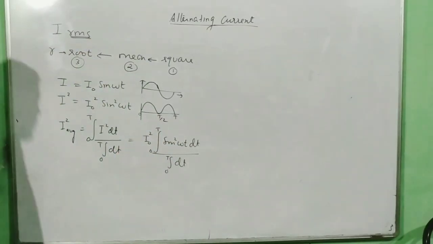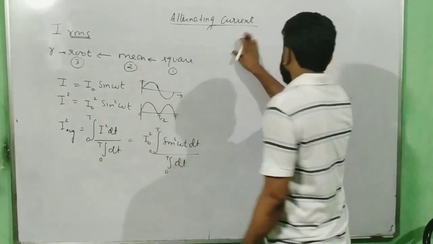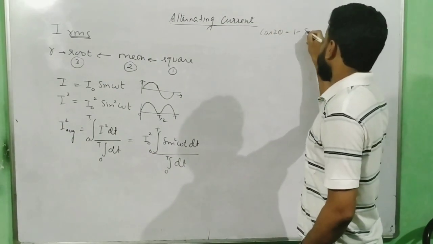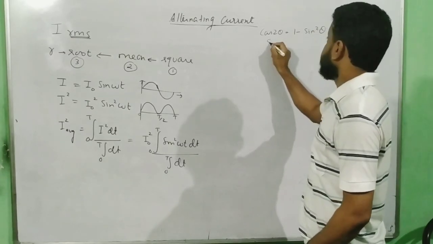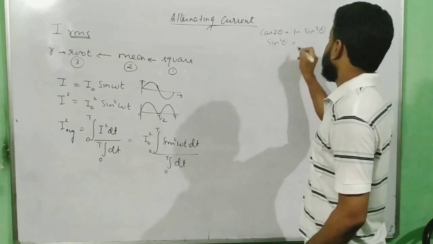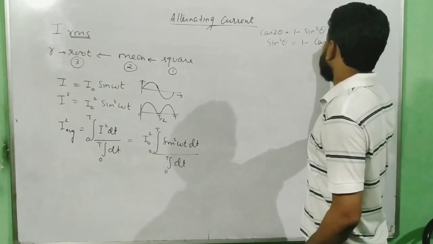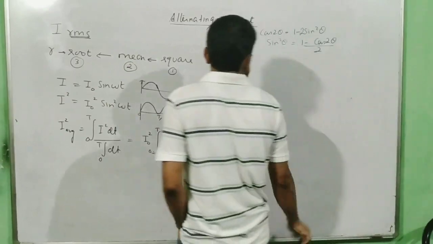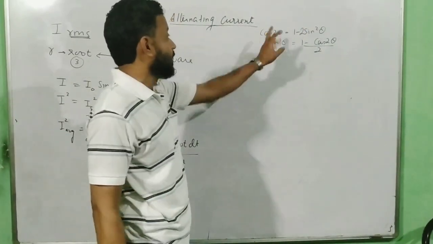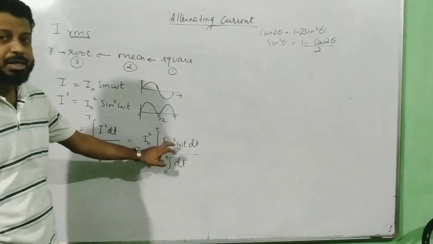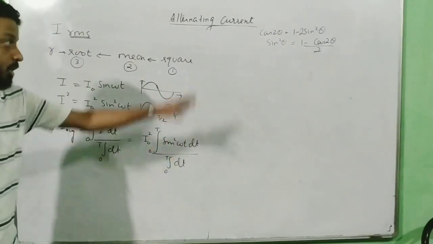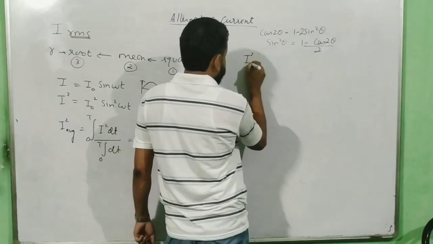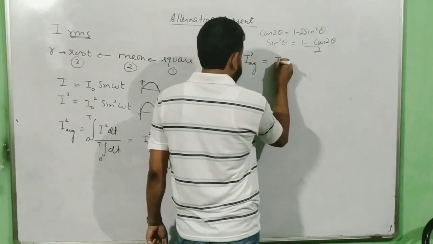Okay. Now here we are going to use a formula. Cos 2 theta has a formula which says 1 minus 2 sine square theta. So this implies sine square theta is equal to 1 minus cos 2 theta divided by 2. This is the formula which mathematics students might know, and it is what we use in integration of the sine square function in mathematics also. So if I use this formula over here, my average I square function will now look like I naught square.